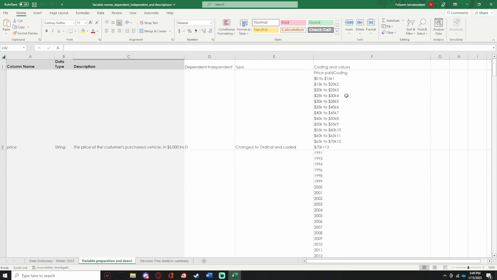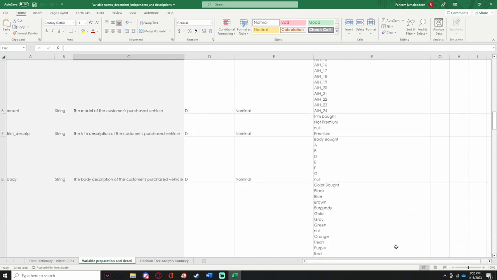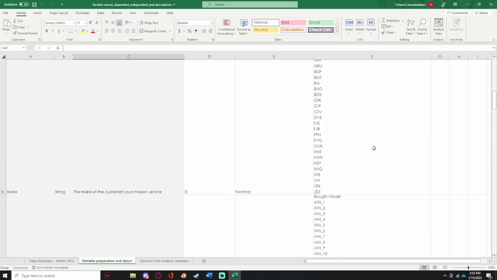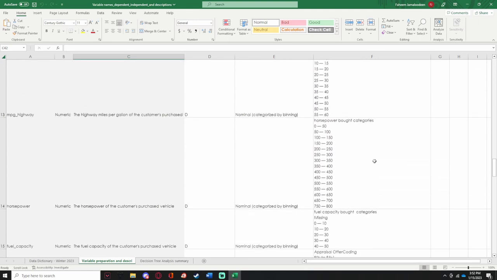Now what you're going to notice is that some of these variables need to be recoded. To give you an example, price is a range that was given in the data set. The price of the purchase car can go from 0 to 5K, 15 to 20, 20 to 25. There's a lot of these values right here. When you actually go to split some of these variables on the decision tree, if you choose to make them continuous, such as horsepower right here, which has different distinct values, such as 51 horsepower, 52, 53, 54,